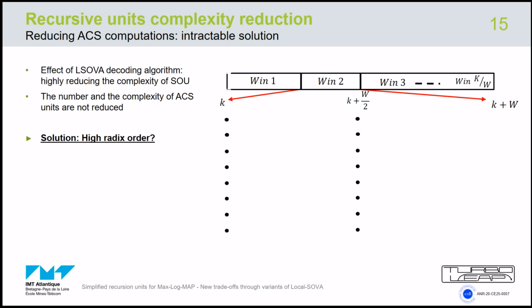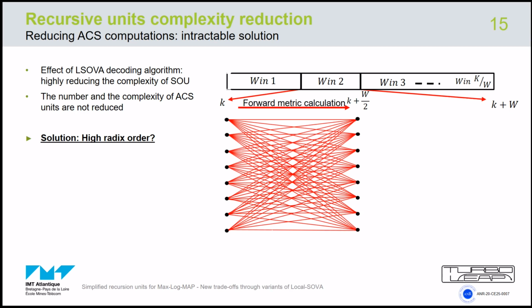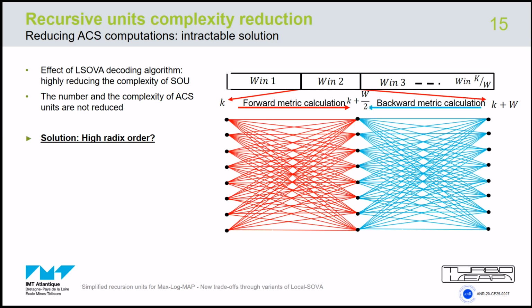Here, recursive calculations are performed to calculate the forward metric at the middle of the subtrellis, and the same is performed for the backward recursion. After these calculations, one local-SOVA dual-sided soft output unit is sufficient to calculate all extrinsic outputs of the subtrellis. However, for practical decoding, where W is in the order of 32 or 64 bits, these high-radix ACS units become impractical for hardware implementations. To this end, we limited this work to the case of radix 4 ACS units,